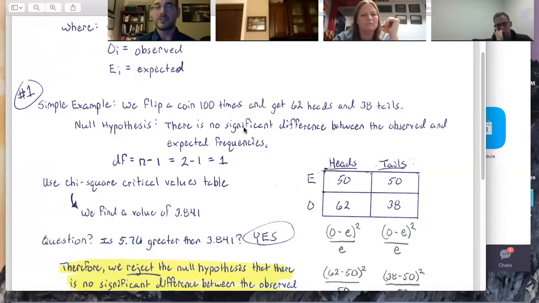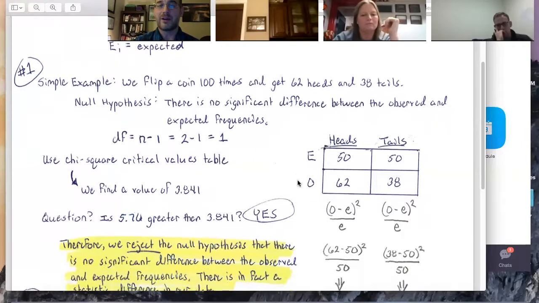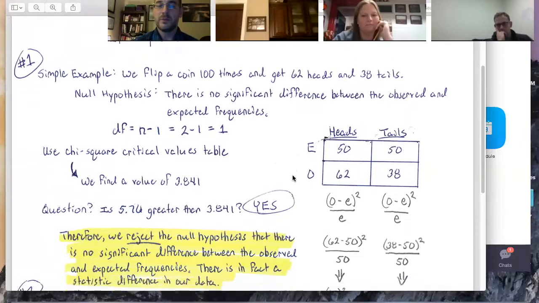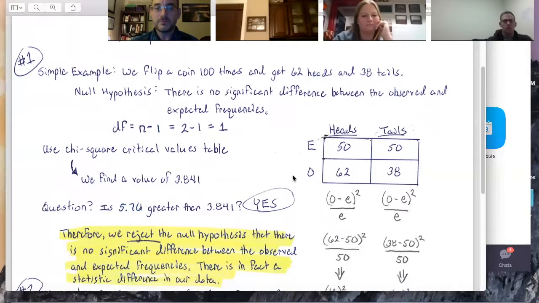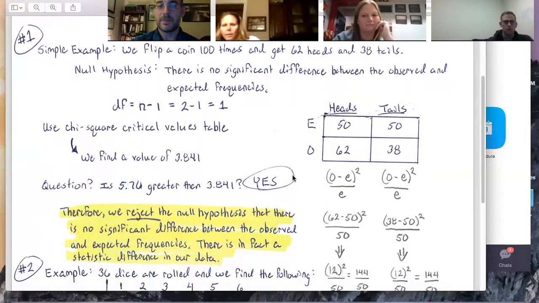And so one of the first things that we need to do is write out our observed versus our expected frequency table. So in this case, what we actually flipped for heads was 62 and 38 tails. Well, we know, given probability, how many times out of 100 should we get heads? 50. How many times should we get tails? 50. So in that case, then from there, what we do is we need to look at our chi-square formula,